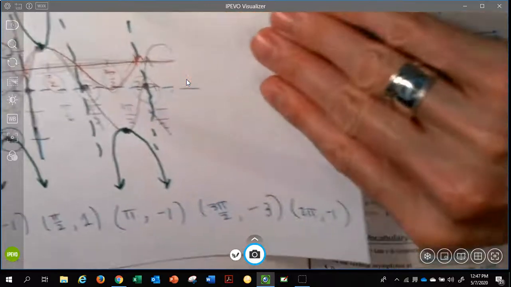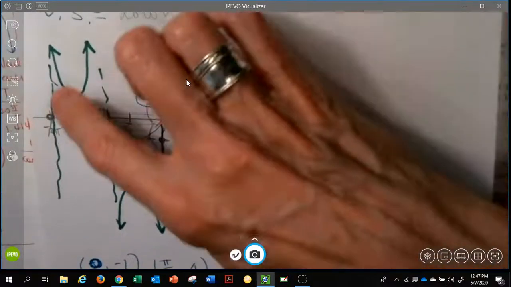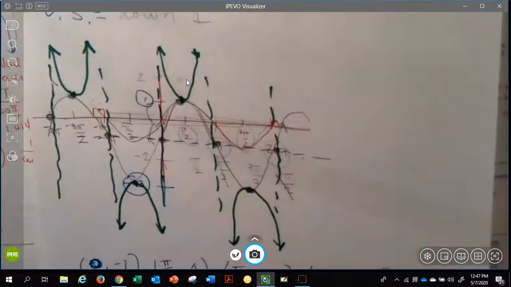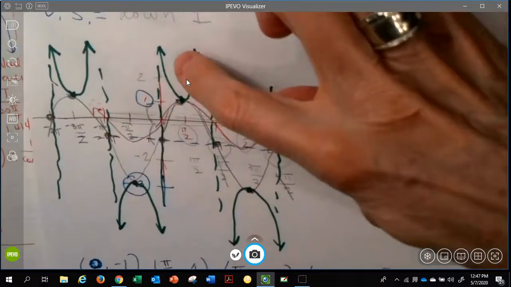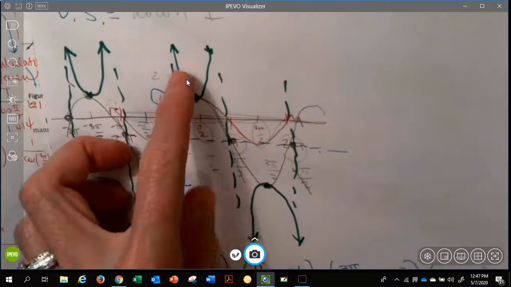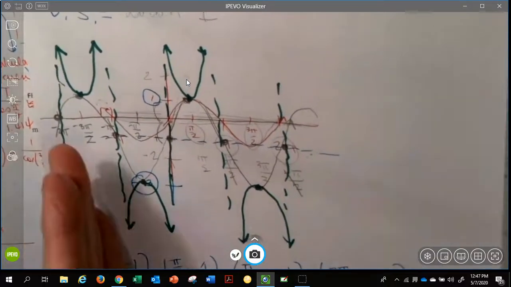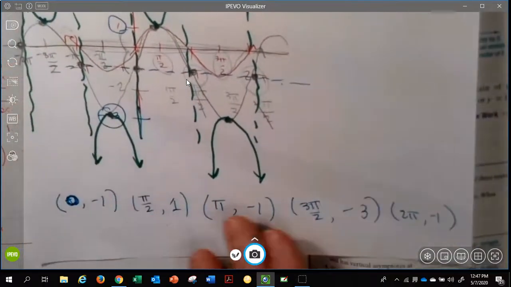So for full credit on the test, I need you to show me what I have in green for your graph. I need to see the asymptotes and the actual parabolas. You can have a whole lot of other junk going on, but I do need to see those parabolas in 2 complete periods. I have an up-down and an up-down, 2 complete periods. And now down here, I've shown 5 points that are on,